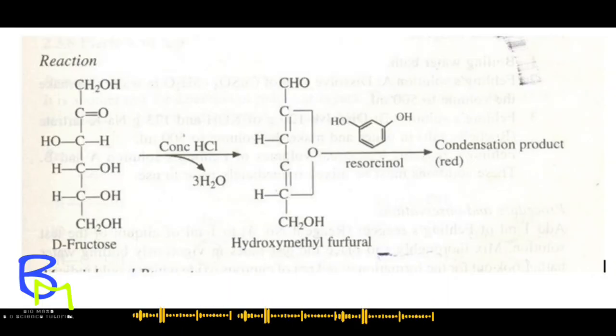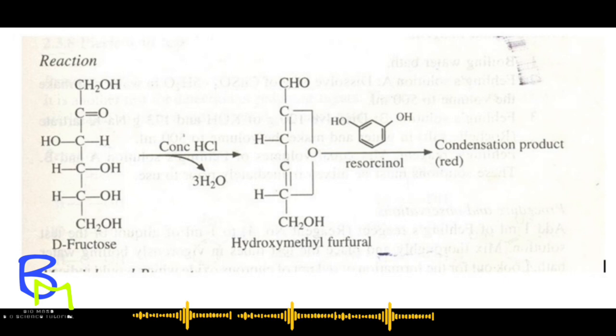Selivanov's test distinguishes between aldose and ketose sugars. On heating, ketoses are more rapidly dehydrated than aldoses. Red color appears. Fructose is a keto sugar. Selivanov's reagent is chemically